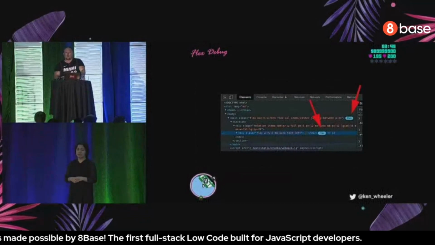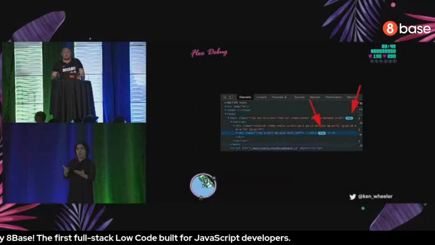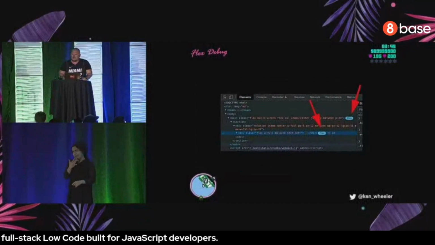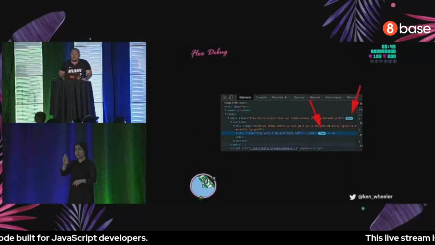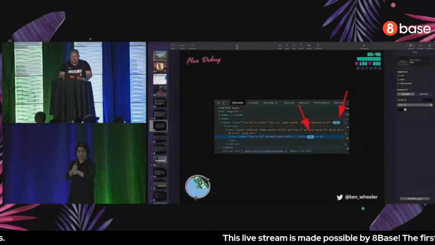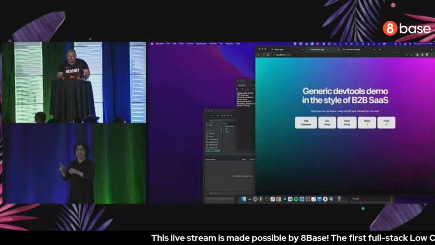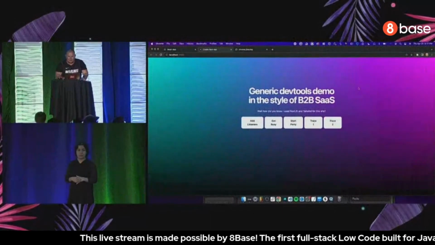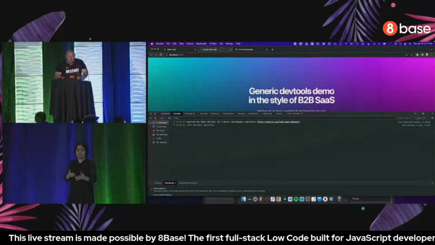This is one of my newer favorite things. It's not really that new, but it's definitely one of my favorites, and that's flex debugging. Can I see a show of hands who uses this? It is the jam. I'll hop out of cool mode for a second, and then this is my little demo tester thing. If you haven't used it,